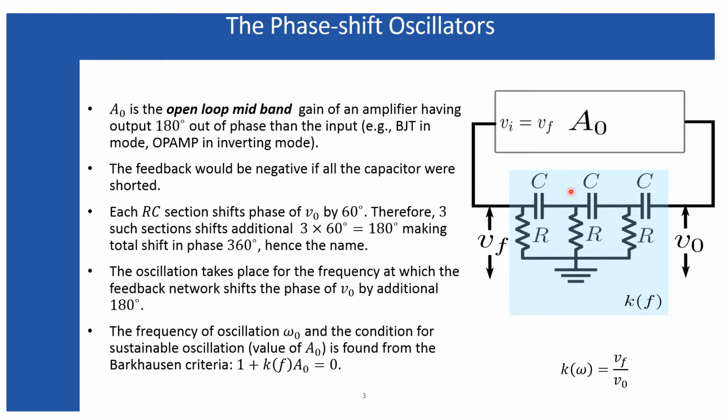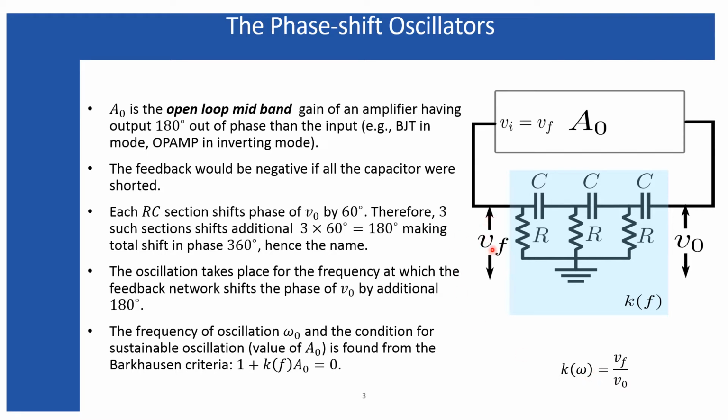And we know from our previous lecture how the feedback originates this sinusoidal waveform, and mainly this factor 1 plus k A naught is the Barkhausen criterion. This Barkhausen criterion is followed to produce the oscillation, the frequency of oscillation and the condition of oscillation. Condition of oscillation means the value of A naught can be found from this Barkhausen criterion, and this is the equation, because we know from the previous analysis of feedback.